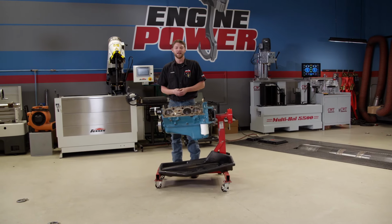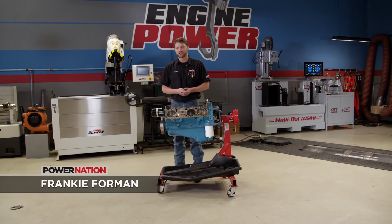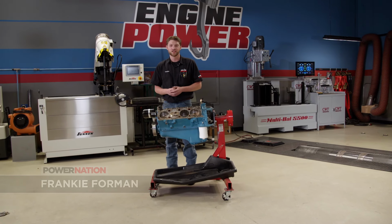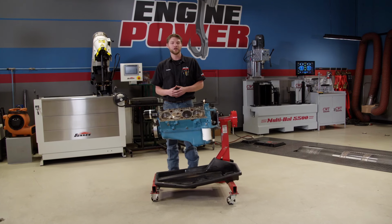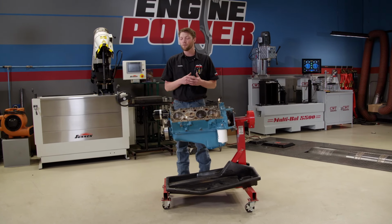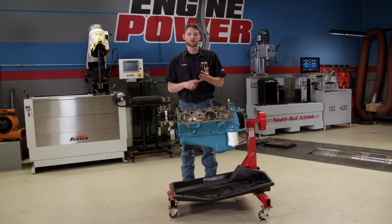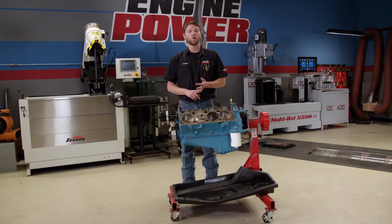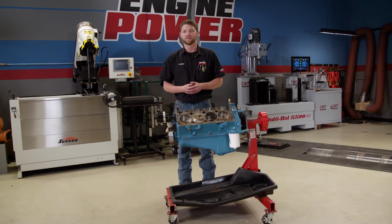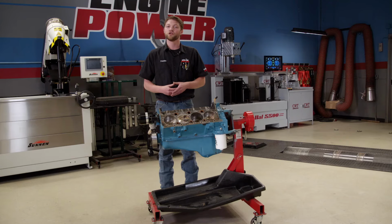Welcome to Engine Power. Today we're going to return to one of our funnest builds, our compression obsession engine. This is a 360 cubic inch small block Chevy that turned into a bit of a dyno mule. A dyno mule is an engine that doesn't really have a home or a specific application, but is a great test bed for us to try out new parts combinations, engine theories, or any crazy ideas that we can think of. This one has a pretty unique history, and if you're not familiar with it or you want a quick